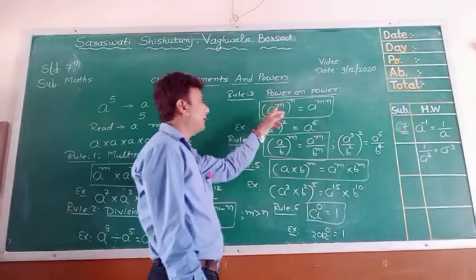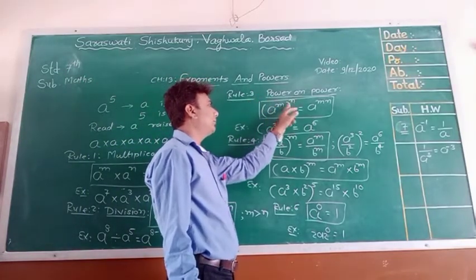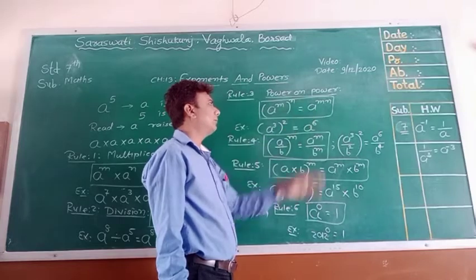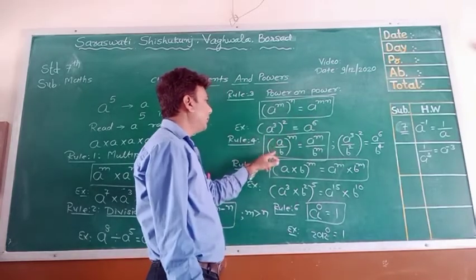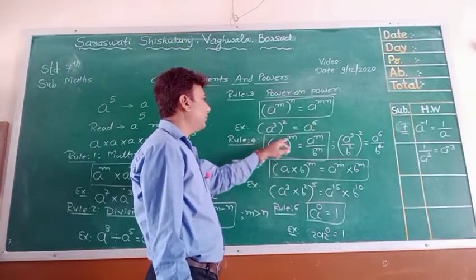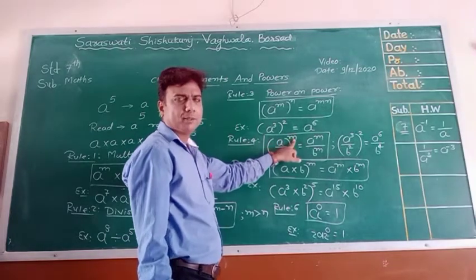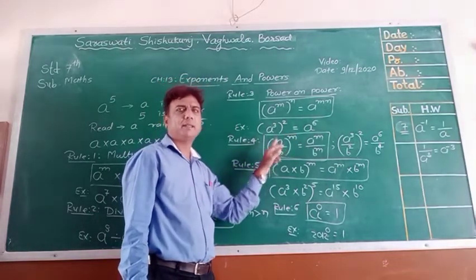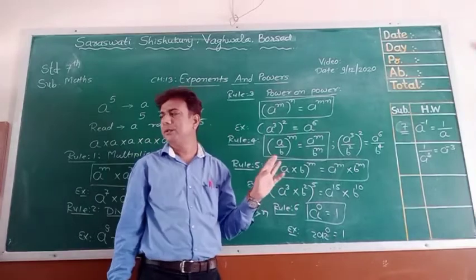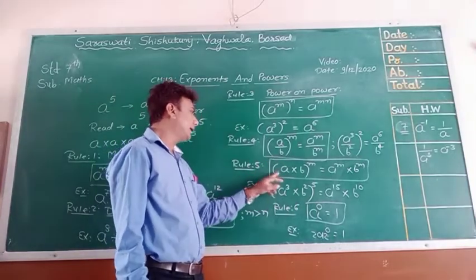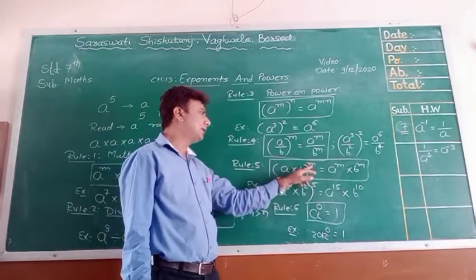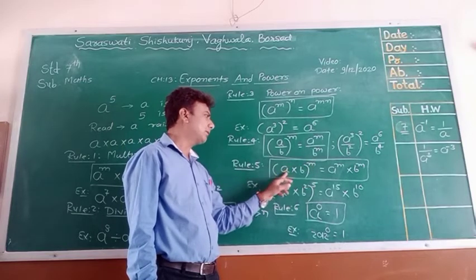Power on power, that means a raised to m raised to n, we have to do multiplication of both powers. A upon b in numerator and denominator, with the whole bracket power given, that means we have to distribute this power to the upper side and the downside, both sides. And rule number 5, a multiply b and the whole bracket power, then we have to distribute this power to a